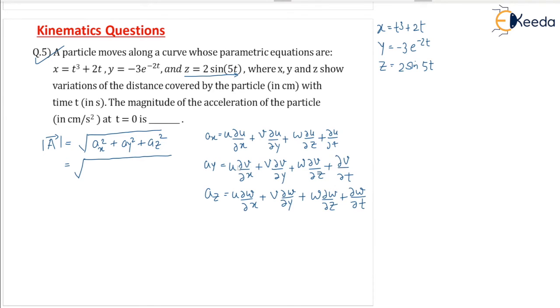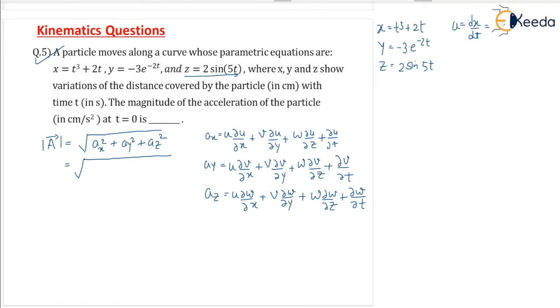Now the question is, in the expression for ax, we are not having u, v and w. That is, u, v, w is required, but we are not having u, v, w from the equation. Mostly from the velocity expression we can find out u, v, w. But here it is given in x, y, z. But no problem, we can find u from x. We know that u equal to dx by dt. Using this equation, we can definitely find what is u.